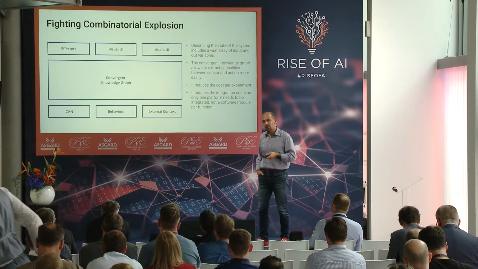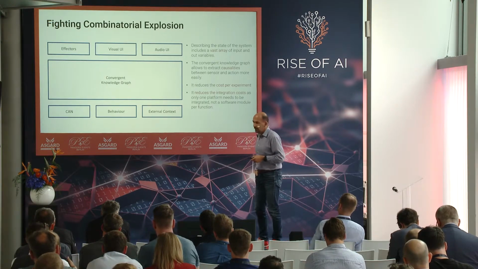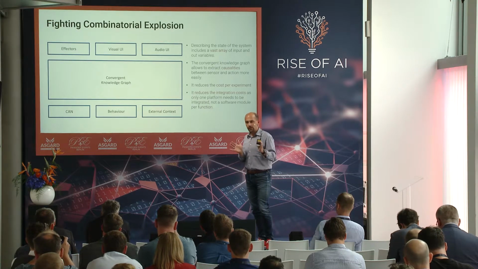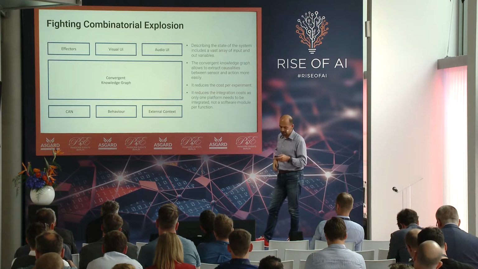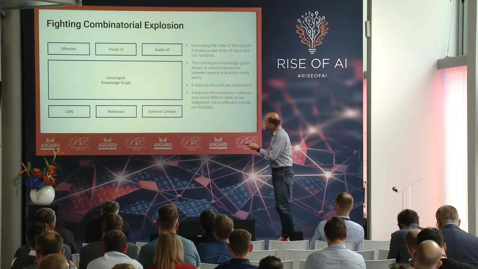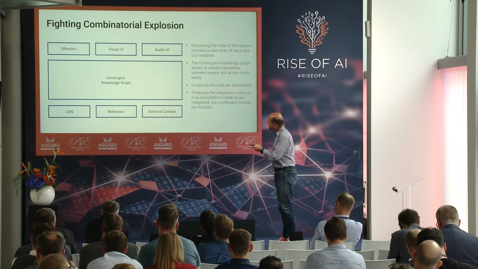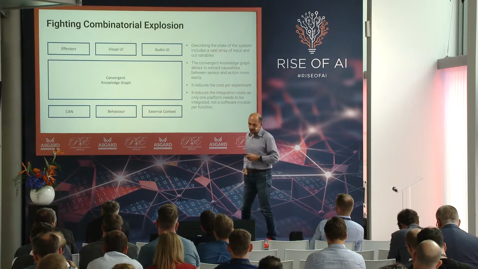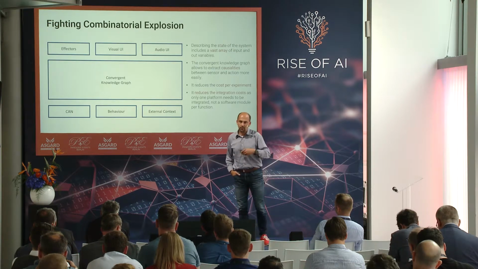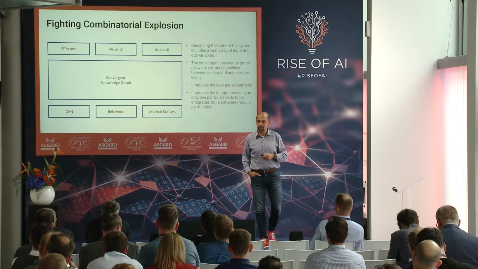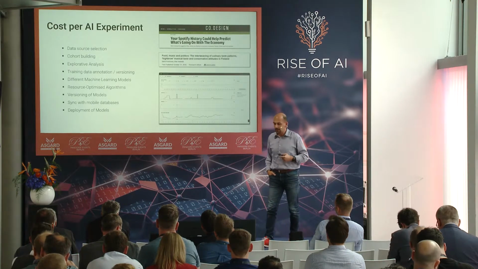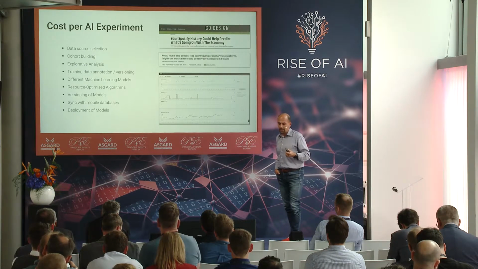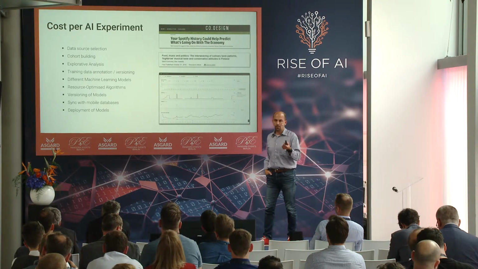So all of these experiments that you can do, they cost you something, and you want to bring down the cost of generating a functionality based on AI. So if you have a convergent knowledge graph that is combining this kind of structured data as well as the different user interfaces, then you get to a point where you can easily create more and more value based on one single platform. So that's also one of the main points, I think. We have seen that in the talk before.